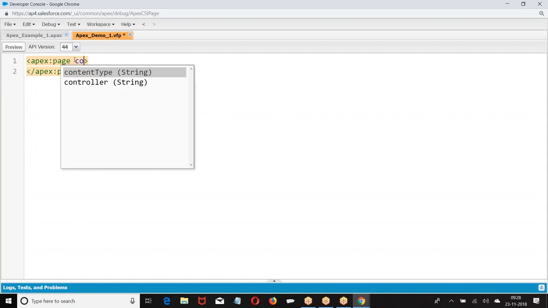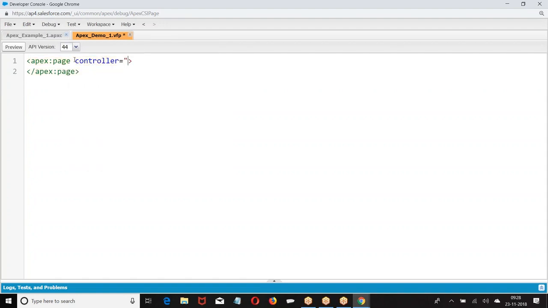Then I am giving the controller. If you want to refer to the properties of any one of the sObjects, then we define that sObject as the standard controller. If you want to refer to the properties of any one of the Apex classes, then we are supposed to define that Apex class as the controller.